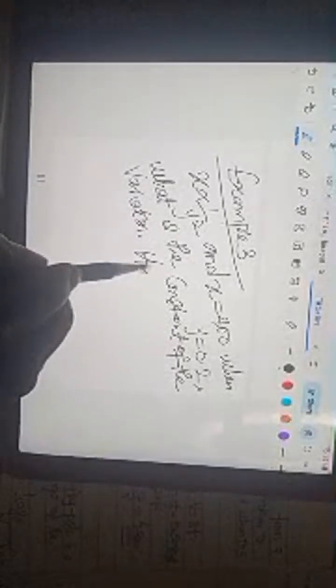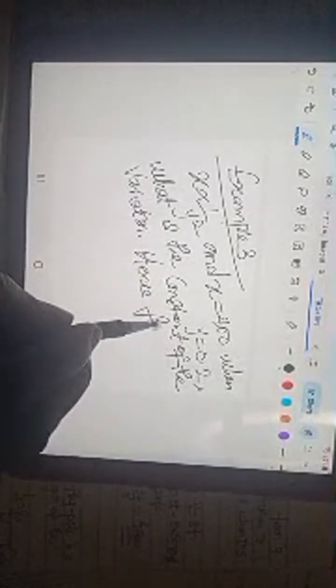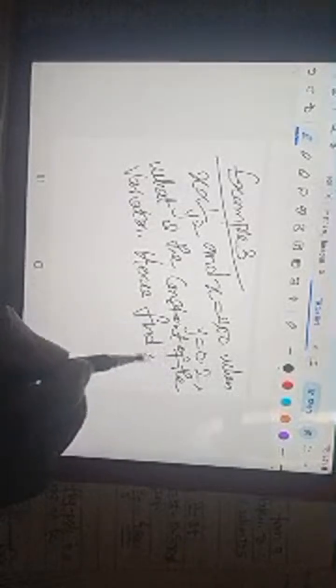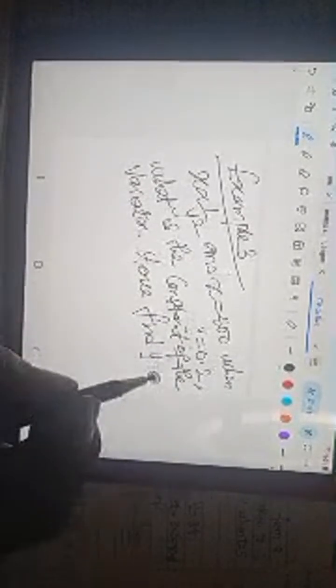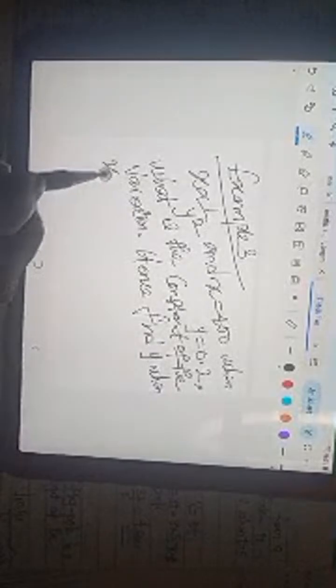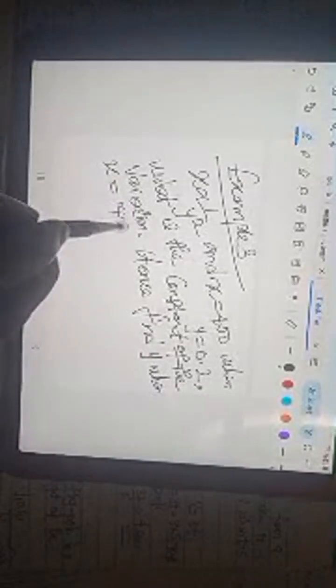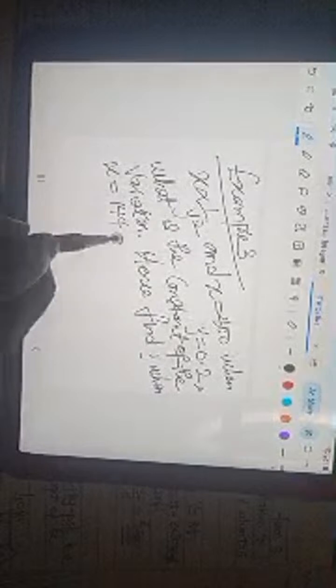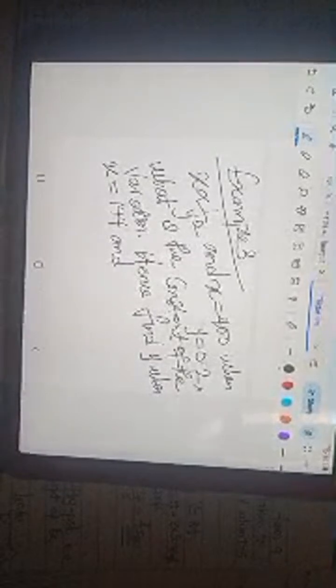Hence find y when x is equal to 144, and